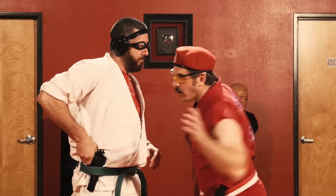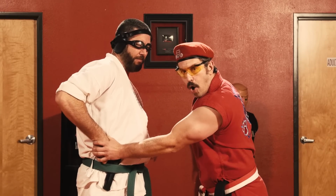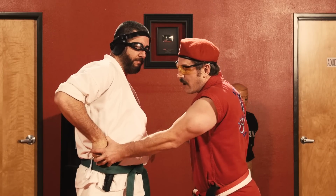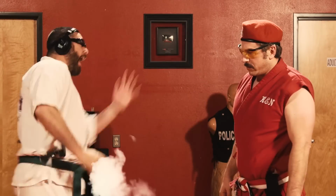He does that for two reasons. One is to avoid putting a bullet in his own hand, and the other is to have it available to block in case I strike. Okay? None of that's going to matter because the second he reaches for that gun, I am going to put my hand on the gun hand and keep the gun from being drawn at all. I'm going to take my little pinky piggy, and go down here. I'm going to find the trigger. I'm going to steer the barrel downward and... That